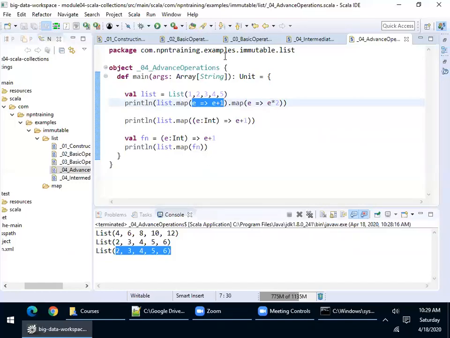Any questions here? Okay, Vinay, go ahead. Map is basically like an iterator which acts on it? It is not an iterator. You're asking about the internal implementation. Since we are iterating over each element, the map will do that. Inside the implementation of the map method, it will take each element, and for each element, whatever function you have passed to the map method, it will execute that function. So it internally iterates over each element and calls that function. Any other questions, Vinay? No, sir. Okay, very good.